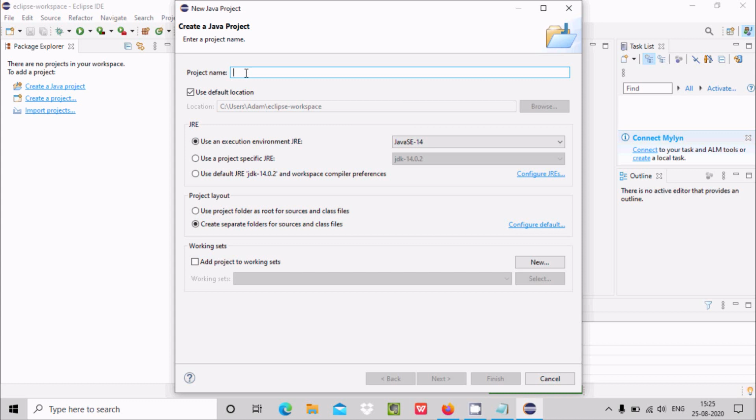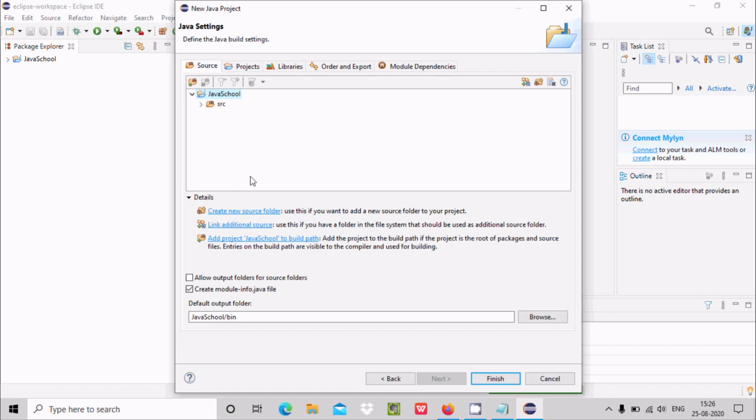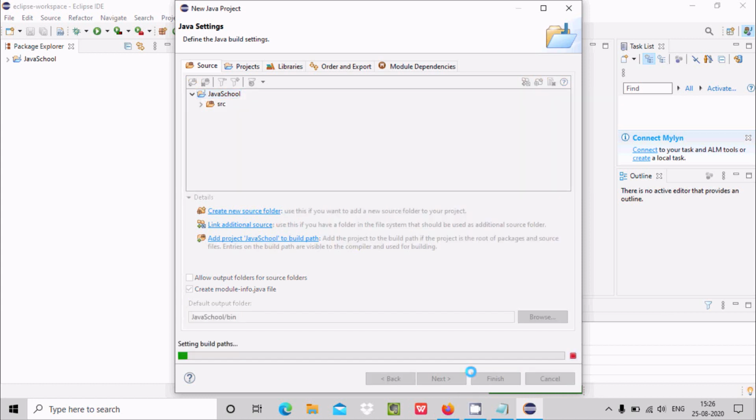and at this place you need to give the Java project name. So here I'm going to write JavaSQL. Now here after, the JRE automatically took Java SE 14 version, and no need to change anything. Let's click on next, and here after at this place you also no need to change anything. Okay, let's click on finish,